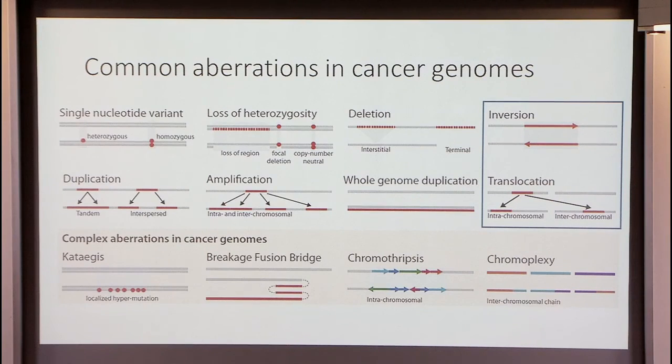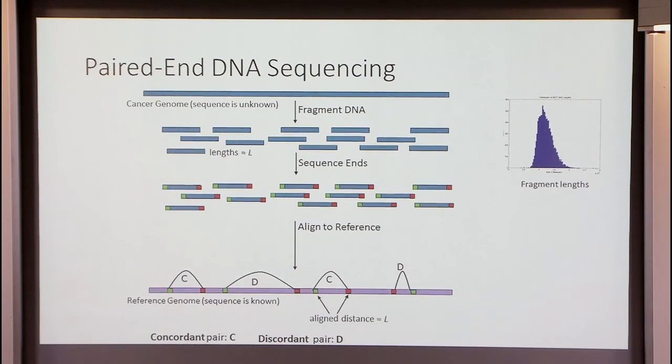Okay, so finally, on detection, quickly, are these other events that, in essence, don't change the number of copies, so inversions or some versions of translocations. There's no read depth signal we can use, so we need to use other signals to detect these. Most of you have probably seen the idea here. If we had done paired end sequencing, so we take longer fragments of the genome, sequence the ends of those, and map them back to the reference, then we'll see that most of the fragments have distances that are what we expect based on the distribution of fragment lengths, but sometimes we'll see pairs that map to different chromosomes or whose distance is much longer or much shorter than we expect, and that would suggest that there's been one of these rearrangements.